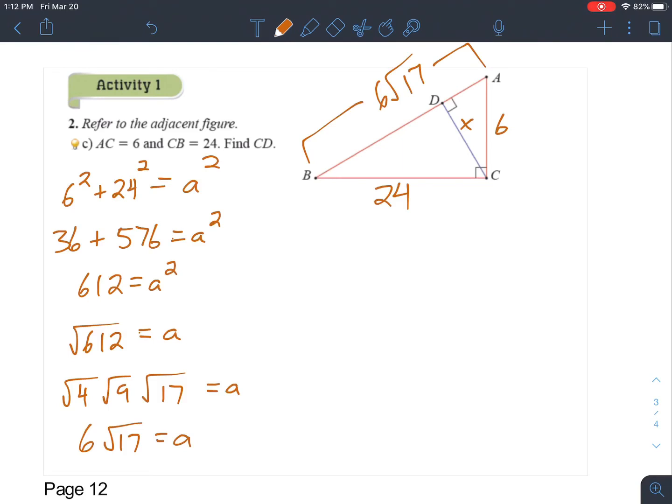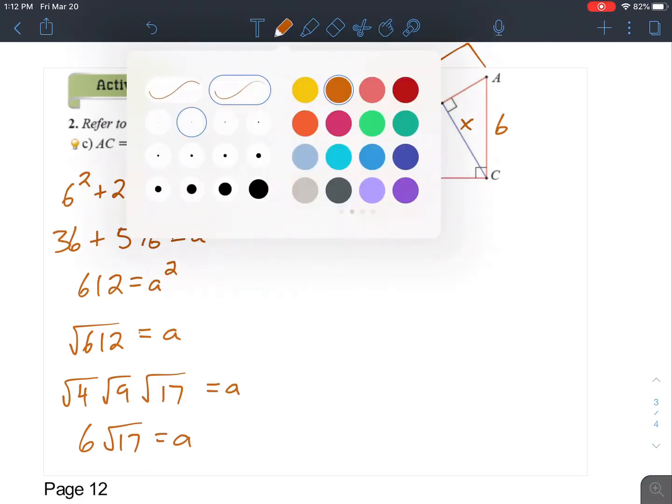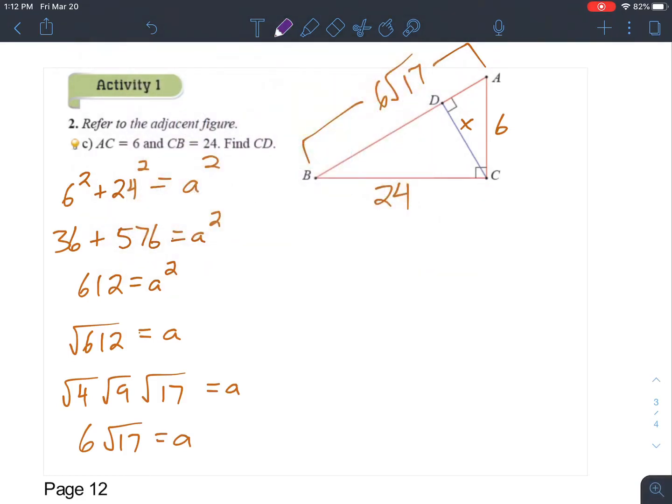Oh yeah, we've got our similar figures. So I'm going to break this up into smaller pieces then. We are going to have that triangle there, and I'm just going to keep them close to each other, and then there's that triangle there. We know that this is x, we know that this is 6, we know that this is x, we know that this is 24. And so we have some sides that are going to go together. And we have, let's see,